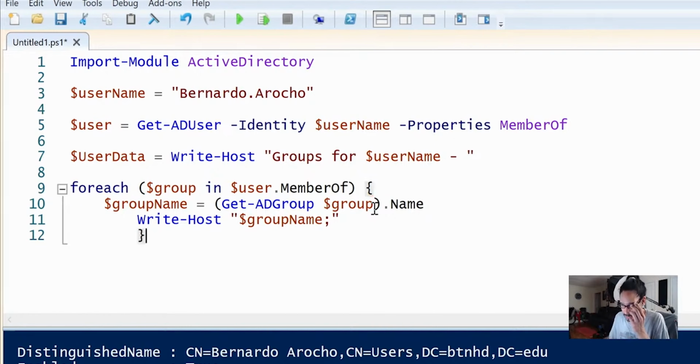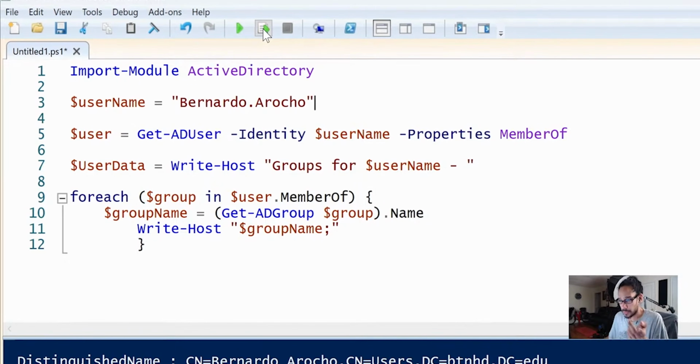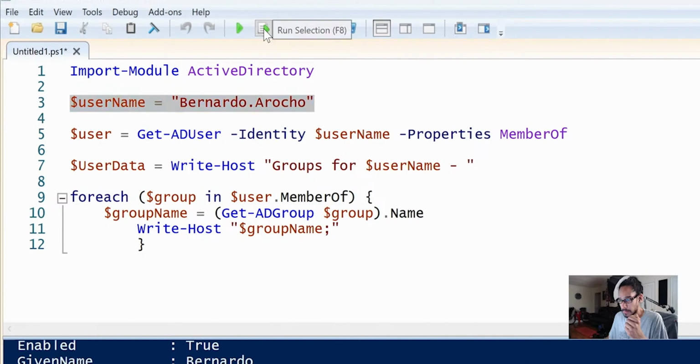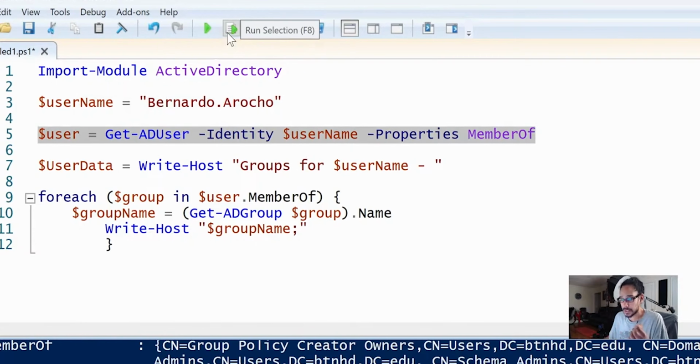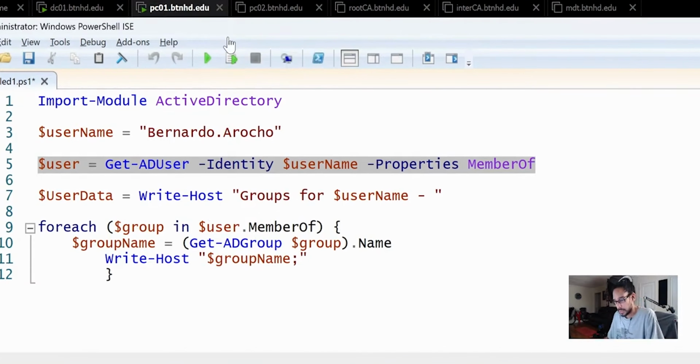So we're actually able to run all this. So I'm going to run line 3. Line 3 is going to grab the username. Line 5 is going to grab the information of the user. And I'm going to zoom out real quick. Let me get out of here.